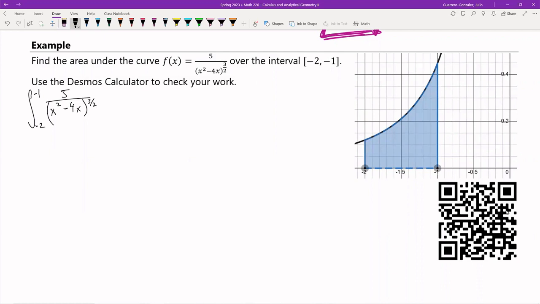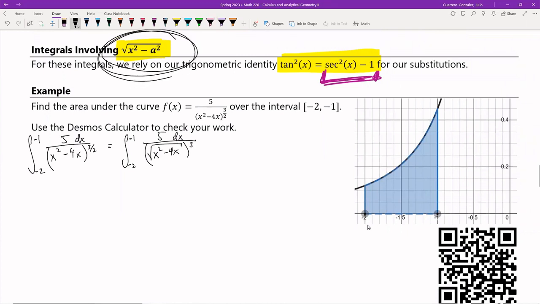Okay, so I'm going to do a rewrite. The rewrite is going to be the integral from -2 to -1. This one's going to be long, so 5 over the square root of (x squared minus 4x), all of this to the 3rd, and I did put the dx on both of these. Okay, so now we have a square root thing, but you guys are probably looking at it,